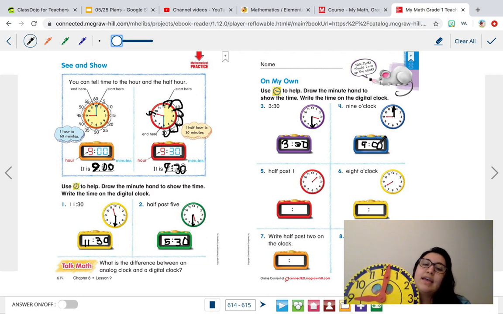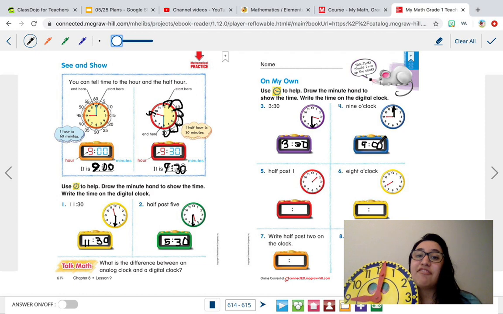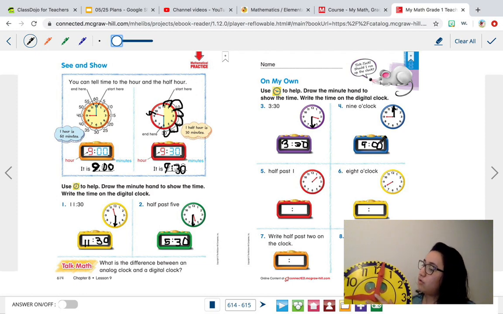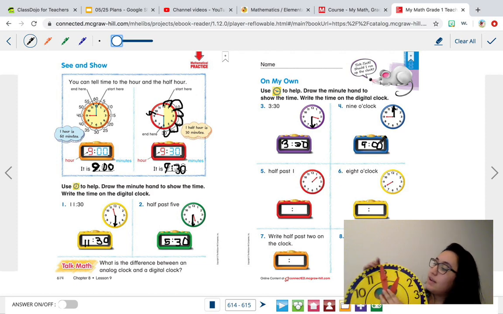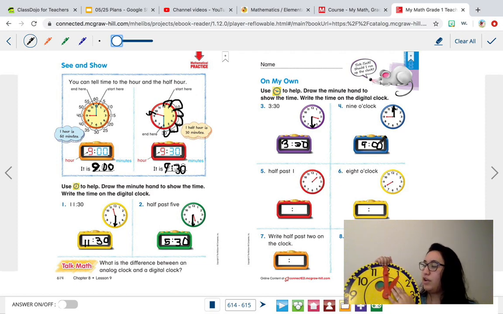Now for our next one, we need 1:30. So I'm going to go to 1 o'clock first because it's easier to start that way. So we start at 1, okay? Now we need 1:30. Ready? So here's 1 o'clock,